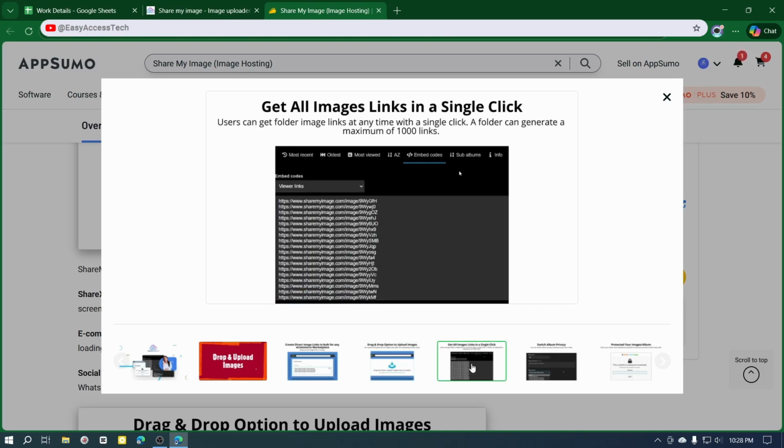One strong feature of Share My Image is the security. You can protect your image links with passwords, and you can set limits, like how long a link stays active, or even control how many times an image can be viewed. This is very helpful if you are sharing client work, private photos, or internal documents that should not be